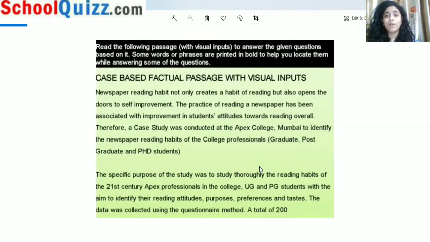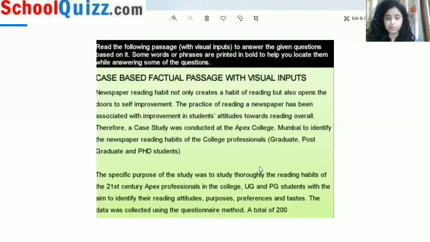See what happens when we see that Sudoku is available in a newspaper. We'll be like, oh, I'm going to solve that puzzle. It means you have interest in that. Like that, we get to know about their taste. The data was collected using the questionnaire method. Now, which method was it collected through? Questionnaire. It means you give a questionnaire to your students and they mark whatever they prefer. MCQs kind of. Like, do you watch TV? Yes or no? That is a question. So I'll select yes.